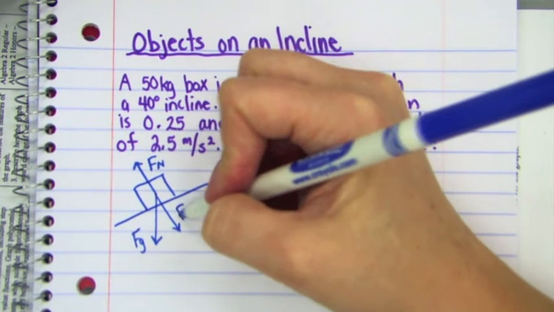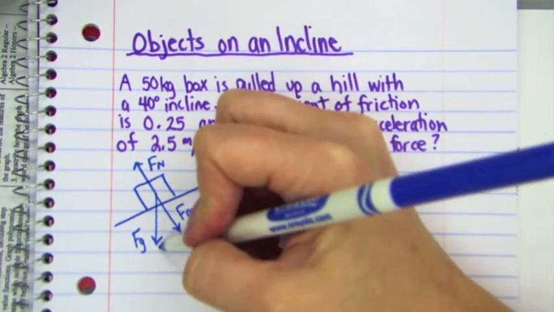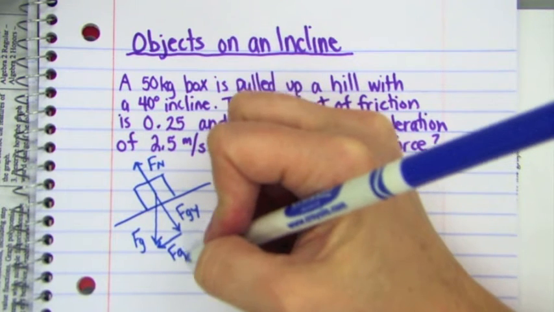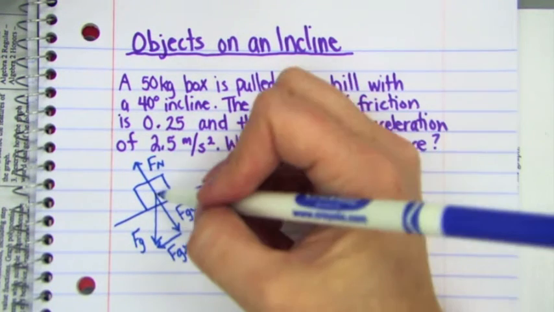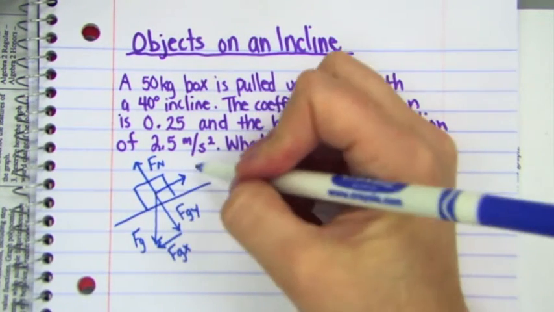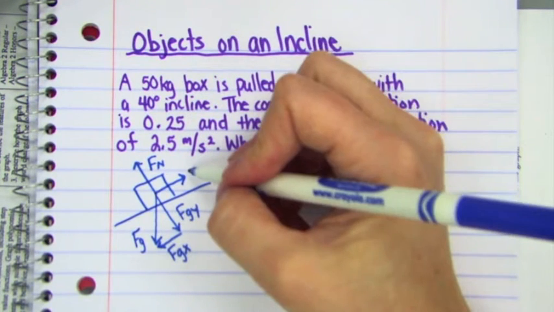FGY and FGX. Then we determine if there are any other forces acting on the object. Because it tells us there is an applied force and it's being pulled up a hill, we draw an arrow going up the hill in the x direction